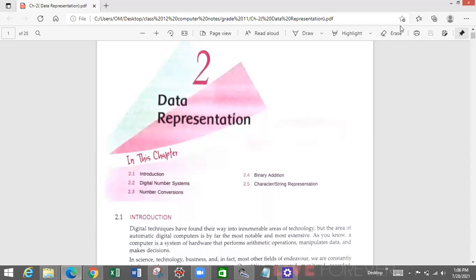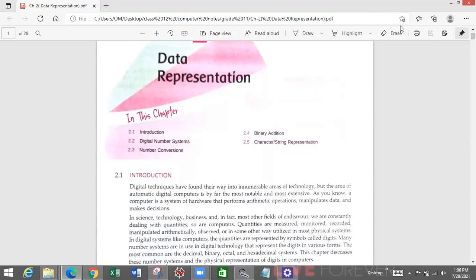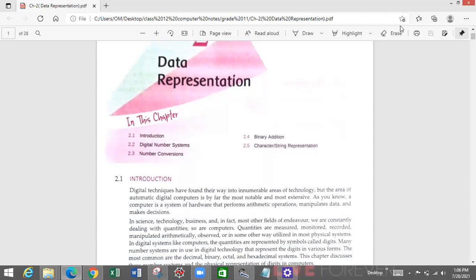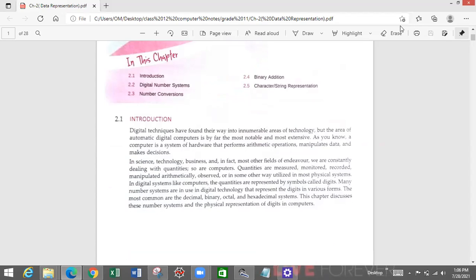So today we'll be learning how the computer deals with different types of data, how the computer manages binary data, and we'll be learning mostly about binary algebra. We'll be learning about the binary number system, and then we'll be learning about binary addition, binary subtraction, binary multiplication, division, and other operations.